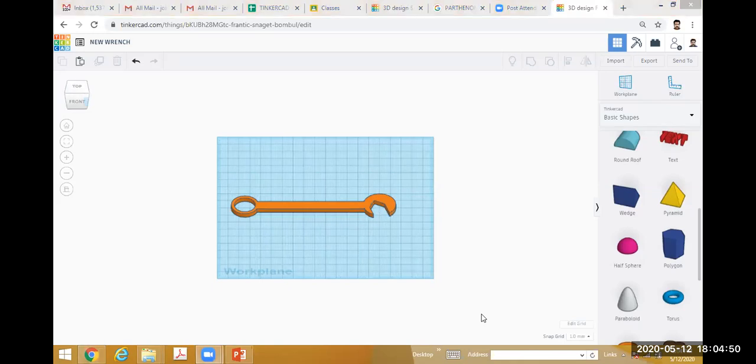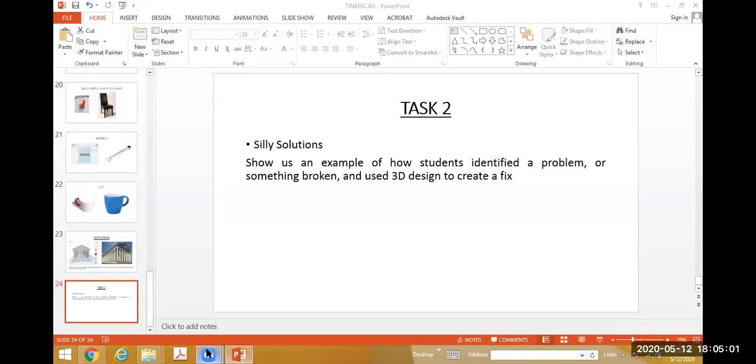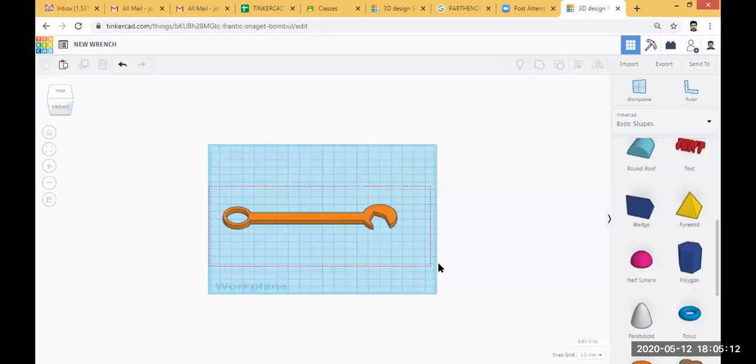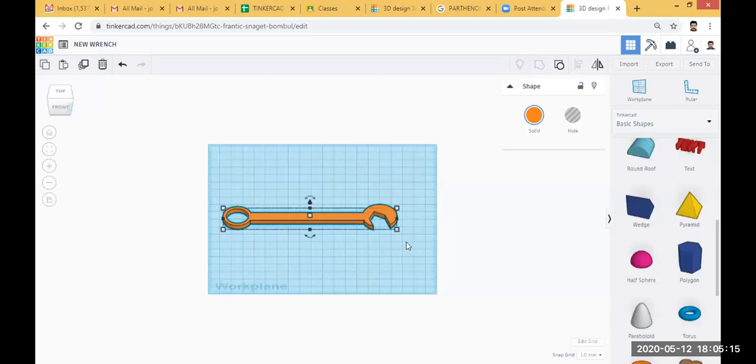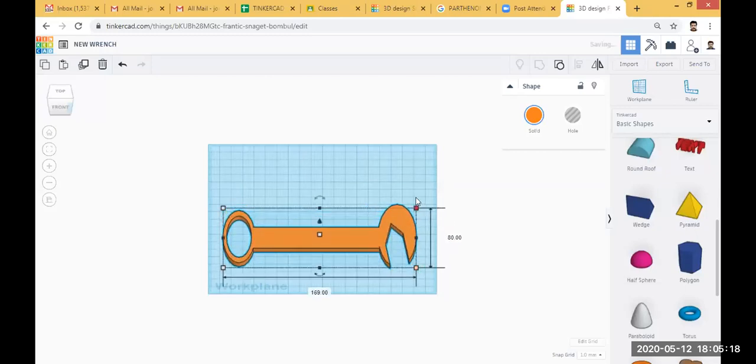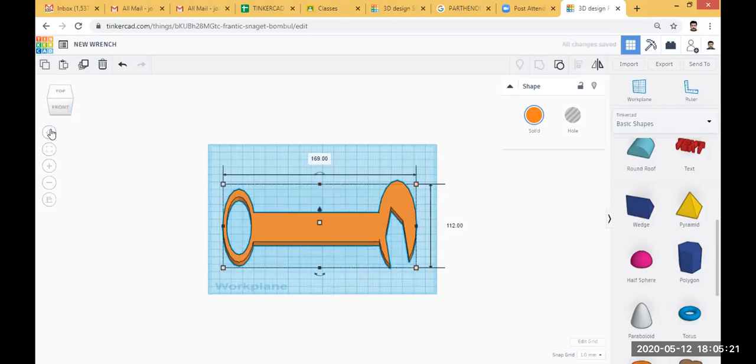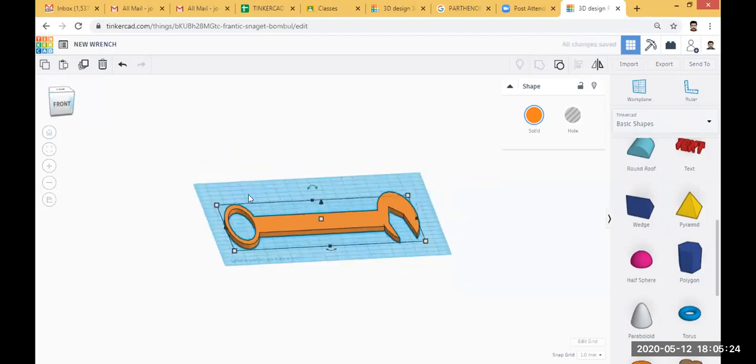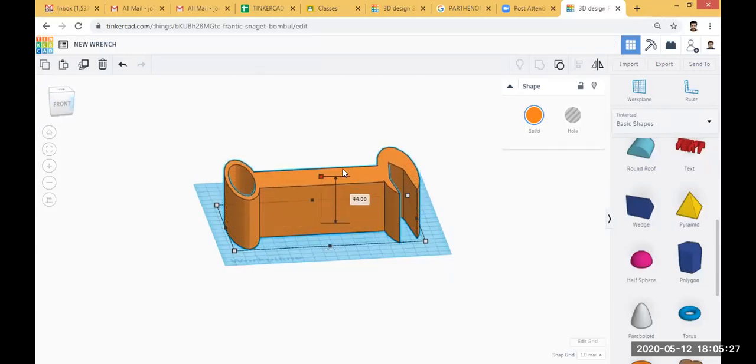Okay, you can change your dimension. This is actually a single entity. You can increase or decrease, no problem.